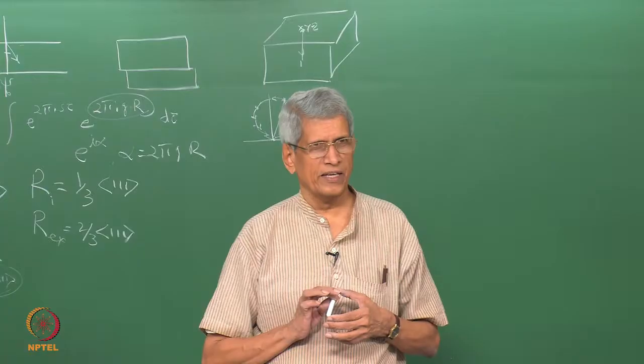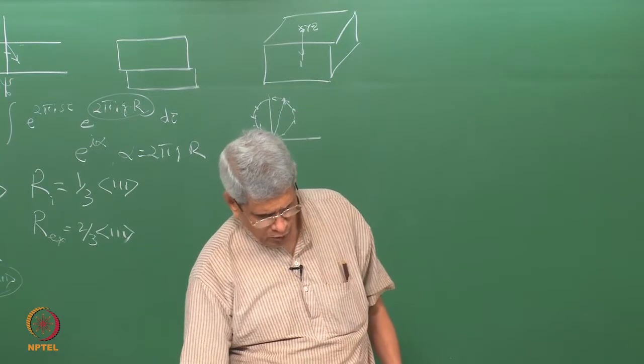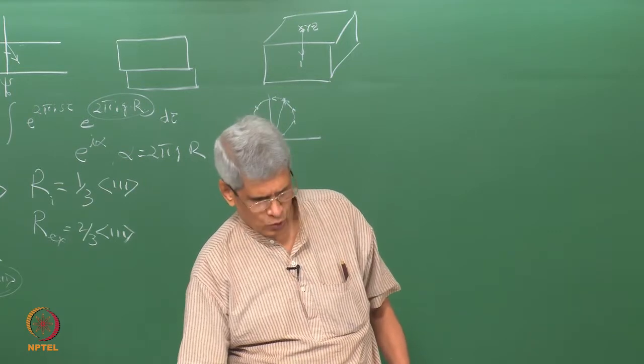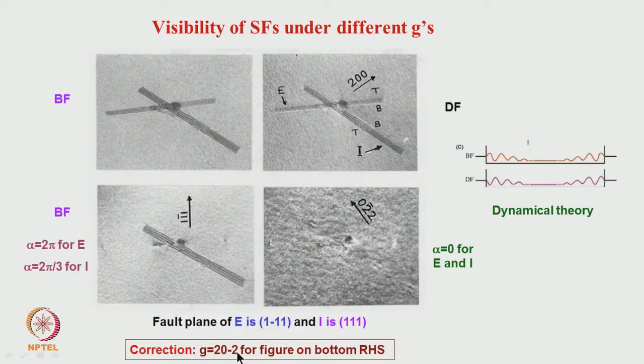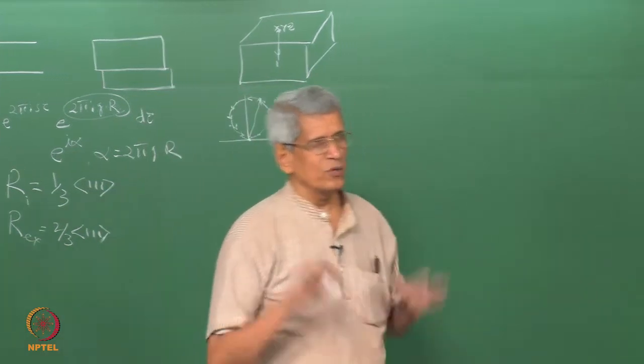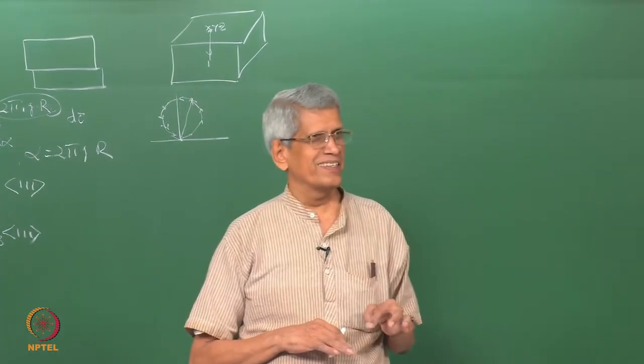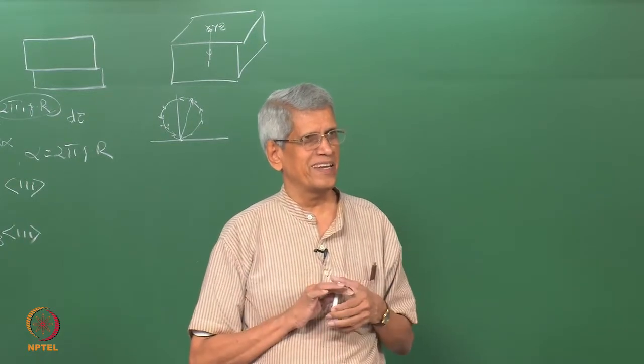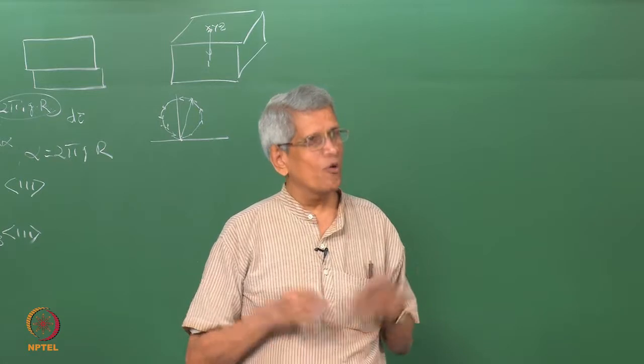We are able to see only one stacking fault, correct. Now I go to a G which is 202 bar, that is, I slightly tilt the sample so that now the planes which are satisfying the Bragg condition are the 202 bar planes. When they satisfy the Bragg condition, now you find that both the faults are invisible. What is the consequence of this? Suppose you do microscopy, and your beam orientation is such that it satisfies this invisibility criterion. You will be seeing no faults in this,